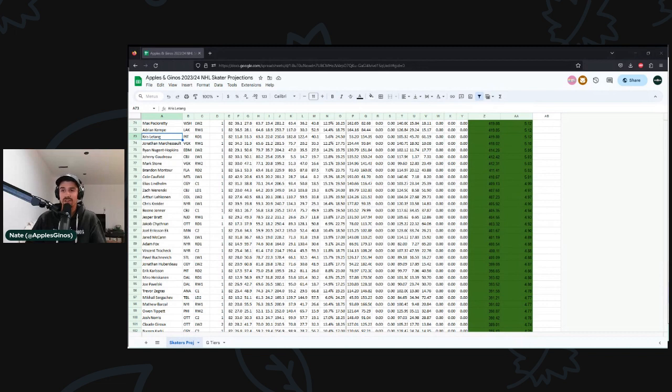If time on ice is not a factor in a projection set, then to me that's a really big red flag, and I would not consider those projections to be very useful or at least very repeatable. Even if they performed well in one year, I would wonder about their repeatability year to year if they did not have any time on ice assumptions baked in whatsoever.